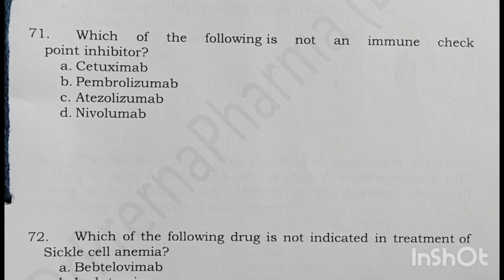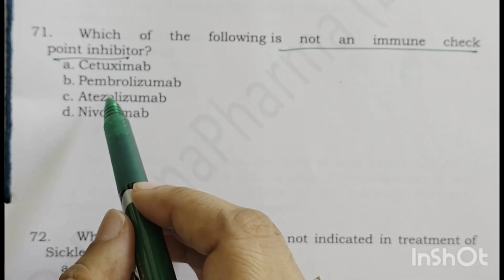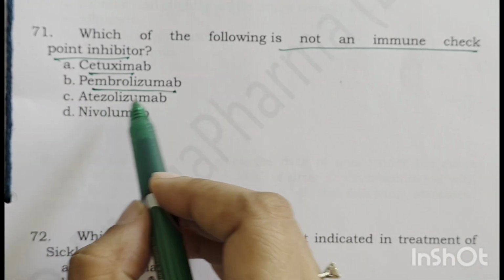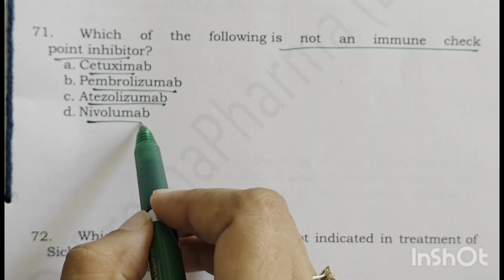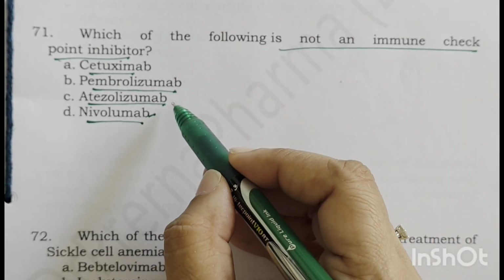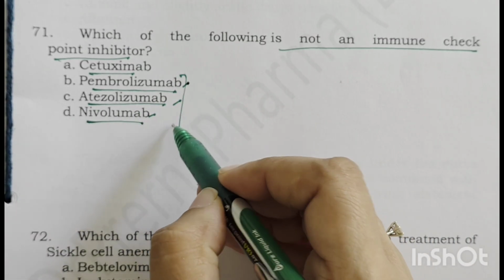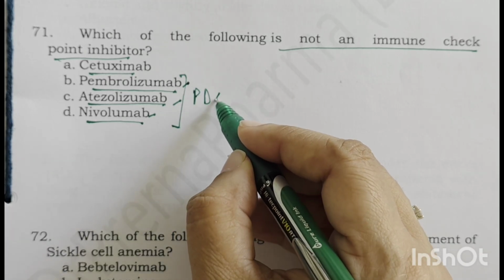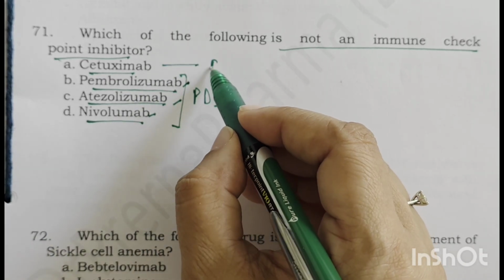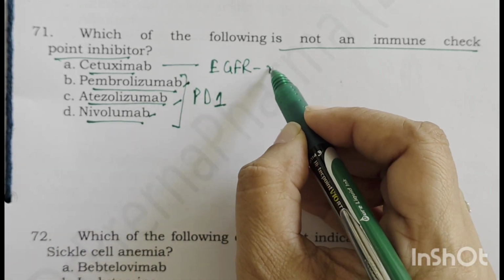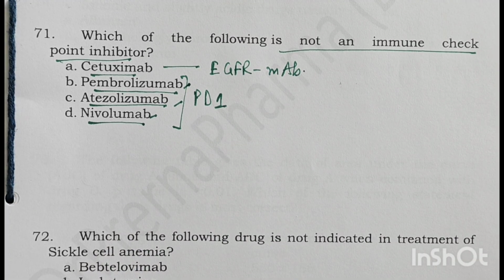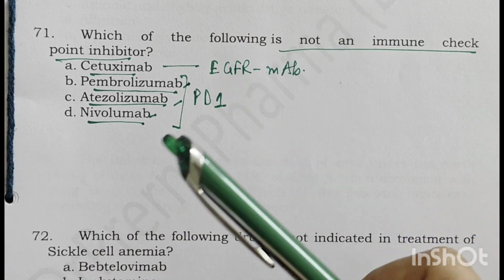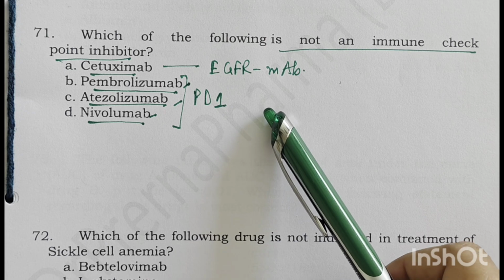The next is, which of the following is not an immune checkpoint inhibitor? So the options are cetuximab, pembrolizumab, atezolizumab, and nivolumab. Now nivolumab, atezolizumab, pembrolizumab are checkpoint inhibitors. They are inhibitors of PD-1. While cetuximab is a monoclonal antibody against EGFR. And these checkpoint inhibitors, as we discussed, reduce the inhibitory signals for T cells, activate them, and so